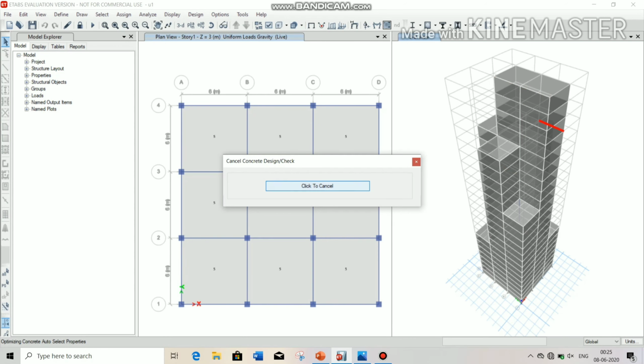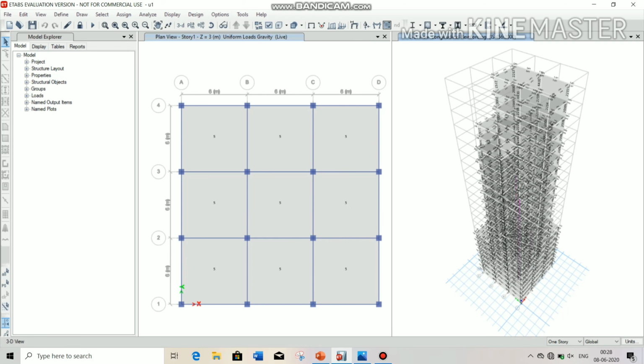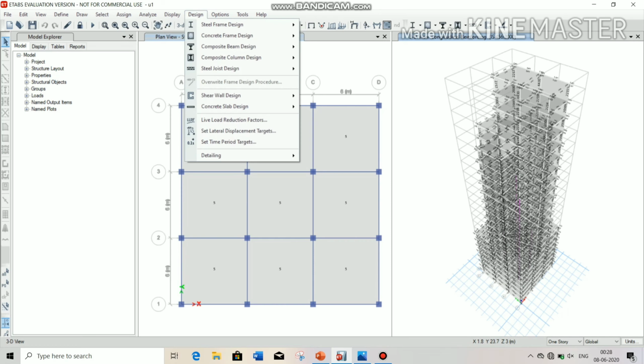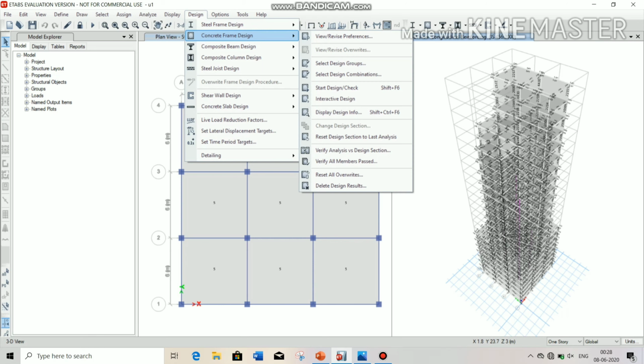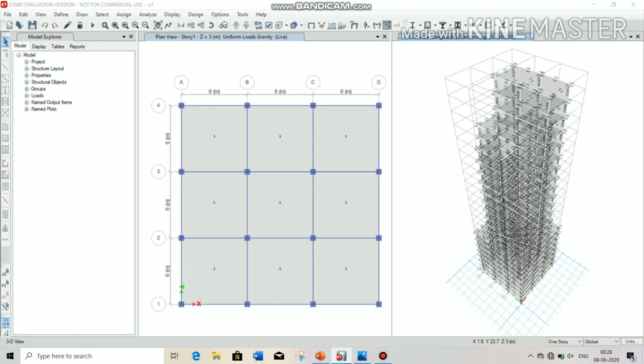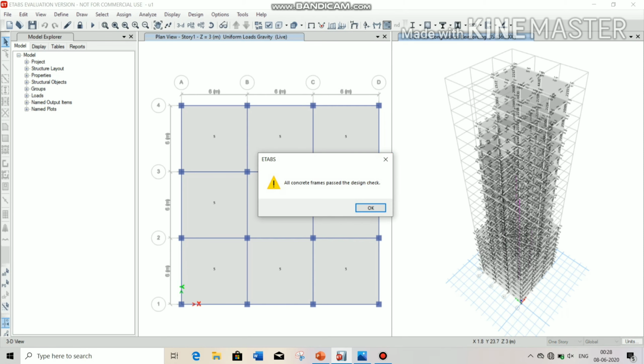Your design will be okay now after the design check. If you want to recheck again, then go to Design, choose Concrete Frame Design and click on Verify All Members Passed. Here it will show all concrete frames passed the design check.